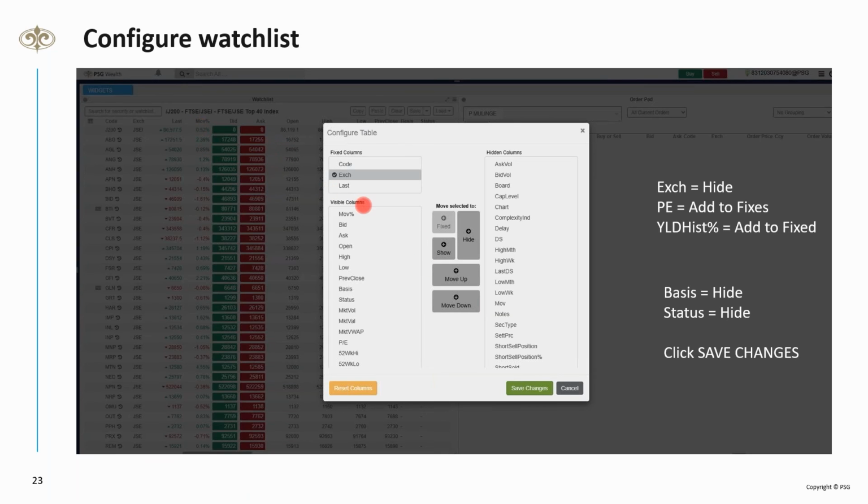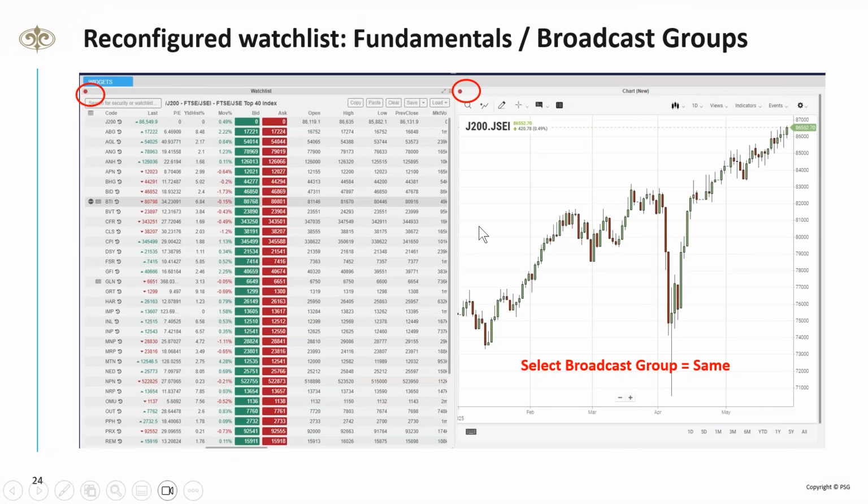Then I use last and I move it right to the back, to the end. I forgot to do this on this slide. Very important that you click on save changes. But anyway, this is what it would look like when you're finished. You'll have your two columns. As I say, that's last. I forgot to move it here, but it would have been moved right to the back.